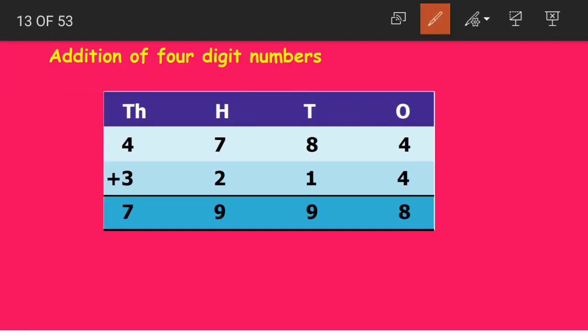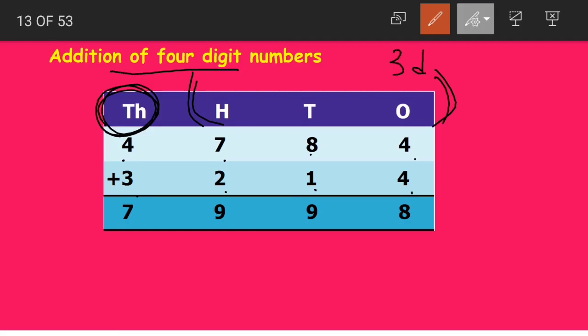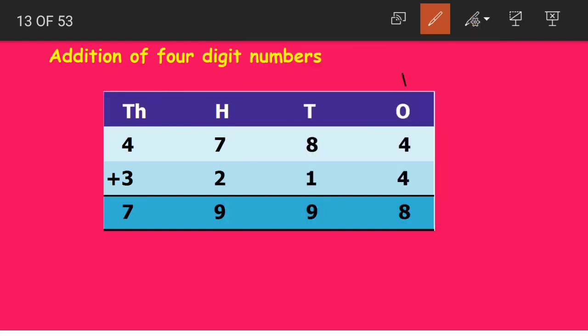Addition of 4-digit numbers. What we've learned till now is how to add 3-digit numbers, that is till the hundreds place only. Now we'll try adding 4-digit numbers which have the thousands place in them. So the two numbers we have here are 4784 plus 3214. Now the addition of 4-digit numbers and 3-digit numbers is the same, children. Just the digits are increasing, but the way we do addition and the rules we follow are the same. Okay, let us start from the ones place.